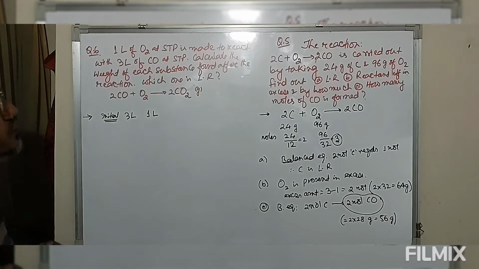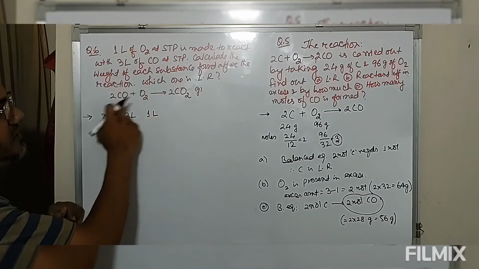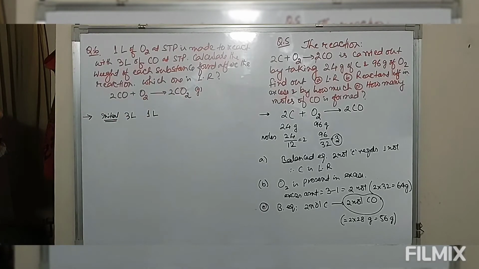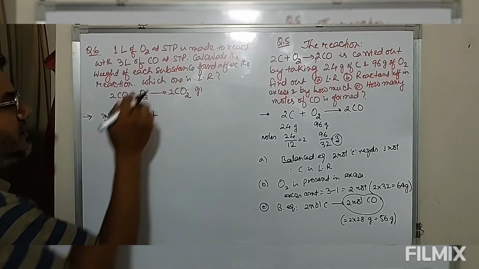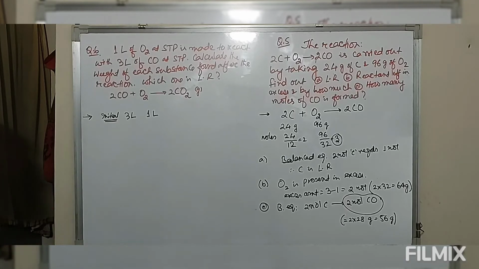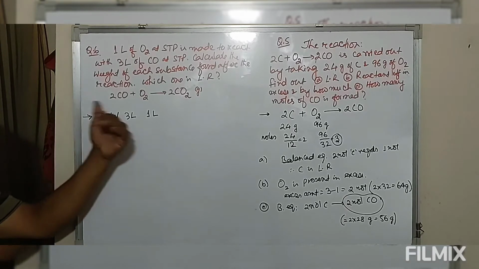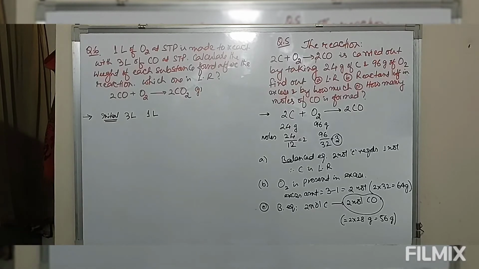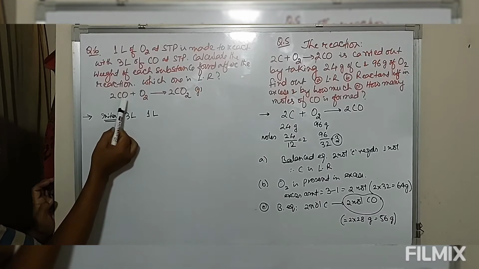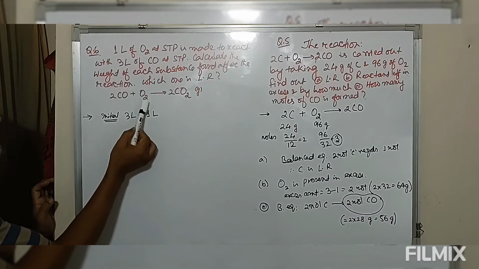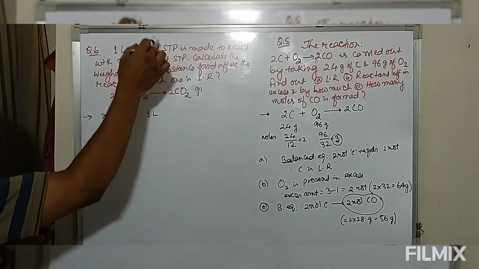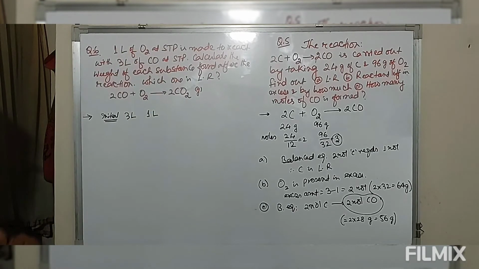Now the first step is to define the quantity of the substance left after the course of the reaction. We have to define the limiting reagent. Let's invoke the Gay-Lussac law of combining volumes, because all the reactants and products are gases. In the balanced reaction, the coefficient of carbon monoxide is 2 and the coefficient of oxygen is 1, so both are maintained at the same temperature and pressure condition, that is STP.